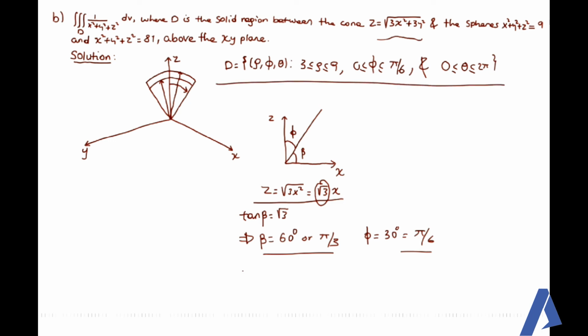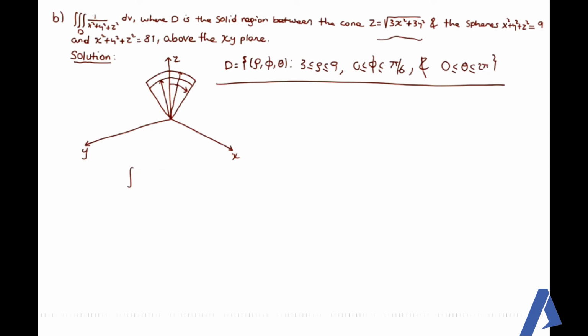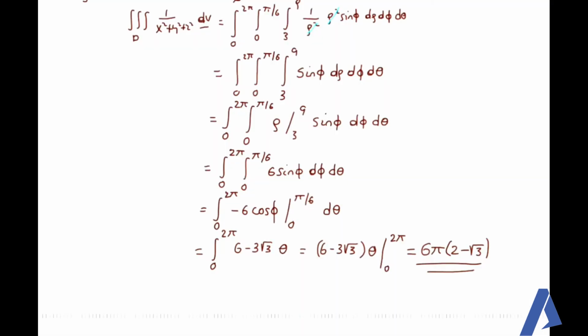Region ችን ይሄ ነው ማለት ነው። ስለዚህ በዚህ መሰረት ኢንተግሬት እናደርጋለን። Our triple integral of 1 over x square plus y square plus z square dv over the solid region D በስፌሪካል ኮኦርዲኔትስ እናስቀምጠው። ከ0 እስከ 2 ፓይ፣ ከ0 እስከ pi over 6 እና ከ3 እስከ 9 of 1 over x square plus y square plus z square ማለት rho square ማለት ነው። dv ማለት ደግሞ in spherical coordinates it's rho square sin phi d rho d phi d theta ማለት ነው። ስለዚህ ይሄን ኢንተግራል ኢቫሉዌት ማድረግ ብቻ ነው። መጀመሪያ with respect to rho ኢንተግሬት እናደርጋለን, then with respect to phi, ከዛ with respect to theta። ስለዚህ ፋይናሊ 6 ፓይ ኢንቱ 2 ማይነስ ሩት 3 ይመጣልናል ማለት ነው።